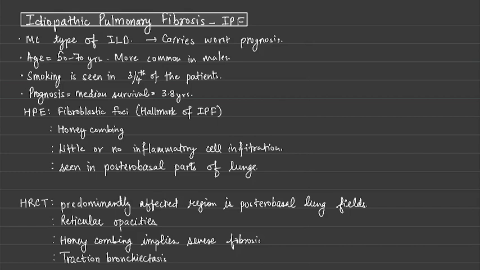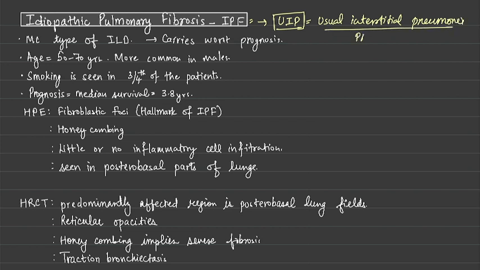Okay, in this video we will be discussing idiopathic pulmonary fibrosis, IPF. IPF is also known as usual interstitial pneumonia. Most of the authors use this term, UIP, usual interstitial pneumonia. But remember, this is a pathological term, not a clinical or a radiological term, but a pathological term, right? So UIP or IPF, we do not have to confuse the two terms because these two are the same